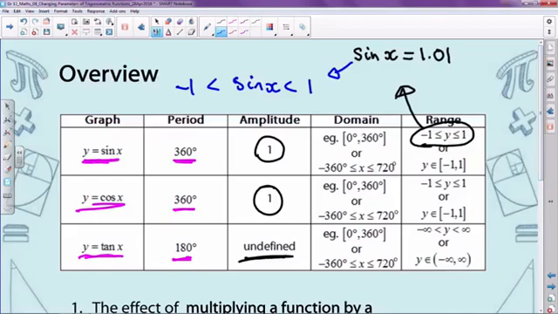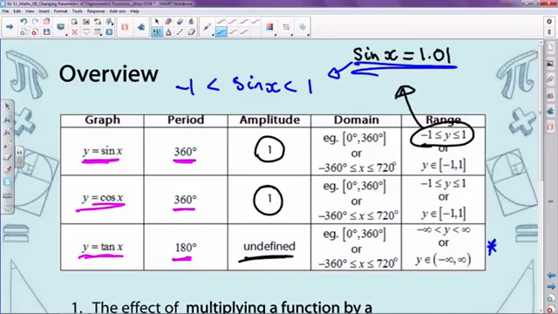You can check it for yourself in your calculators. If you want to work out x here, shift sine of 1.01. The minute it's slightly above 1, you'll get an error in your calculators, okay? So your sine x should always be between -1 and 1,